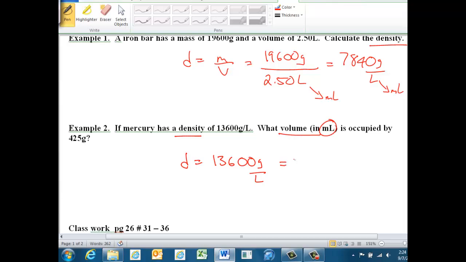So density equals mass over volume, and we know the mass. Mass is 425 grams. So 13,600 equals the mass, 425 grams, over the unknown volume. And this answer here will be in liters, because that's how the density is given. So it has an answer simply of 0.03125 grams per liter. We need to convert that to